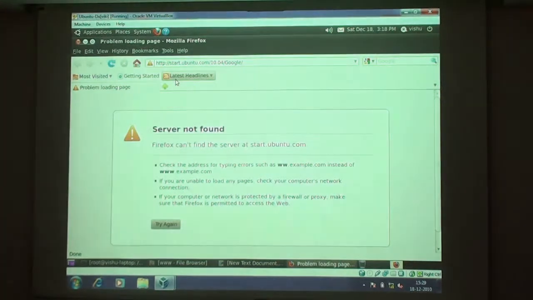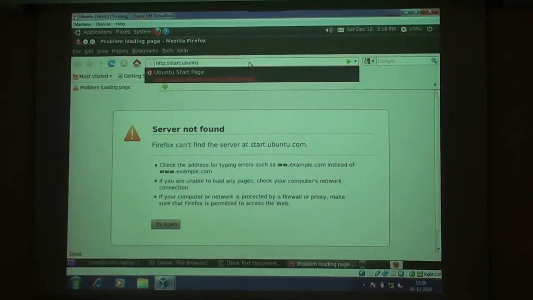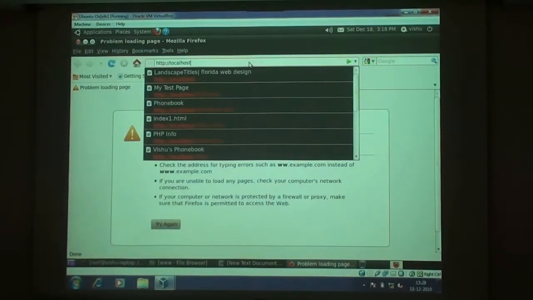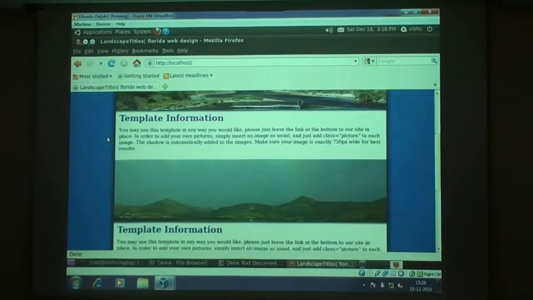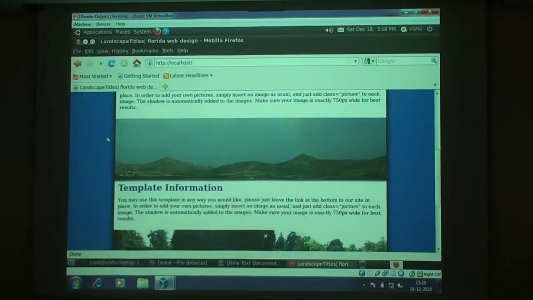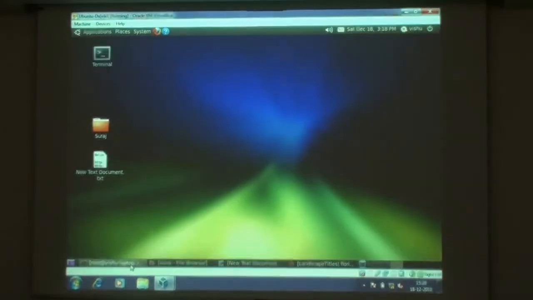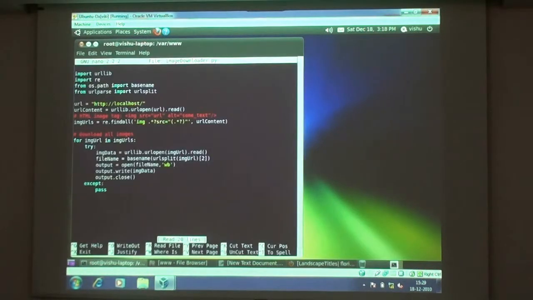So for the demo, first of all, I have hosted a web page on the local machine. So let's see the web page that I have hosted. So this is actually the web page that is containing only 2 to 3 images and just some text files. So now let's see the crawler, the crawler that I have created in the Python language. And so this is the crawler.